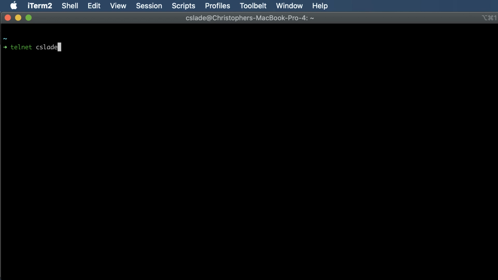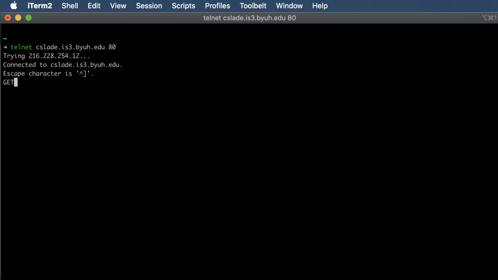So we're going to connect Telnet to cslade.is3.byuh.edu. Now hidden in there is a DNS lookup. Telnet's going to look up this domain name and get an IP address back. It's going to use that IP address to connect to the IS3 server. And once I do that, I now can type messages. So I'm going to get /IT240/